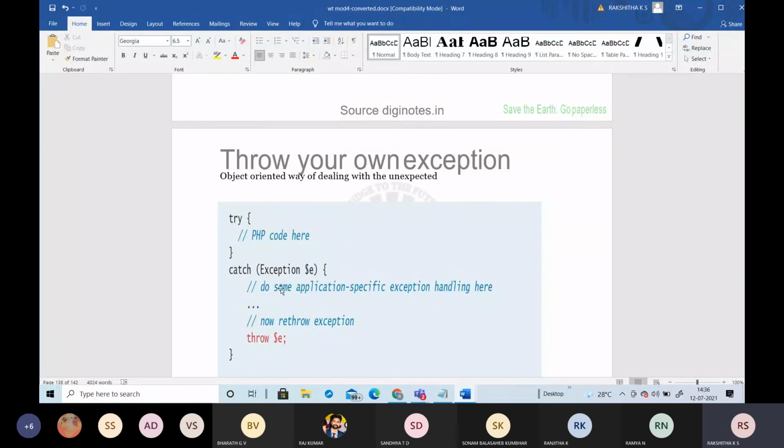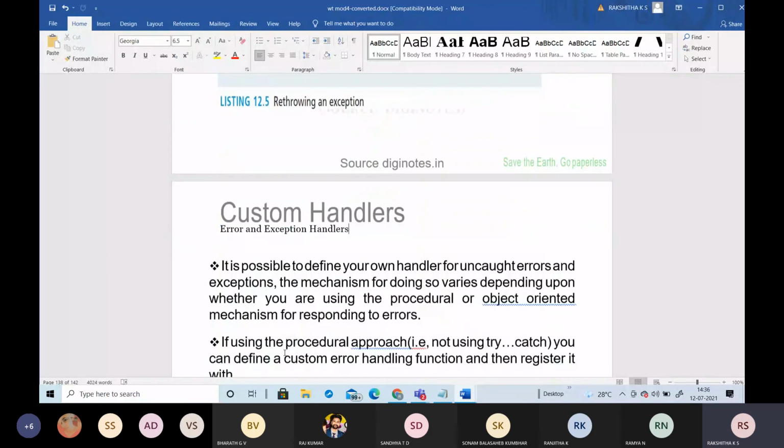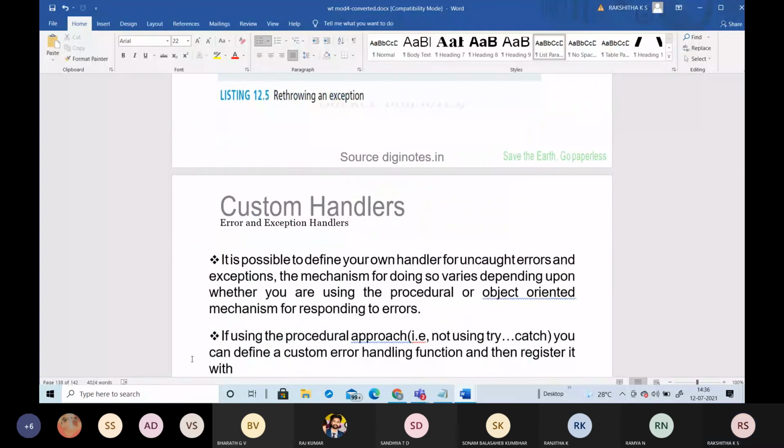Once it enters the catch block, it executes all the code and again throws the exception. In the custom handler, it is possible to define your own handler for the uncaught errors and exceptions, as well as your own handler for the caught errors.